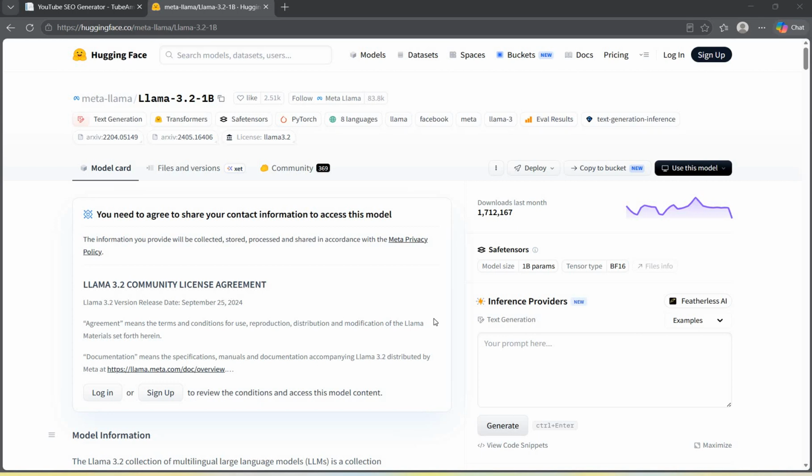Today I will test Llama 3.2 and explore its language capabilities. According to Meta, Llama 3.2 officially supports English, German, French, Italian, Portuguese, Hindi, Spanish and Thai, while other languages may also work. In this video, I will challenge this claim and find out how well Llama 3.2 handles both supported and unsupported languages. Okay, let's start our test.